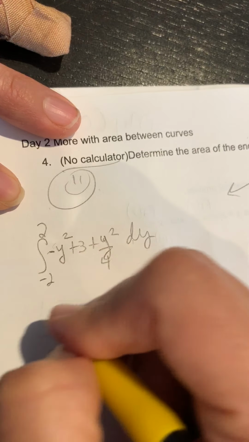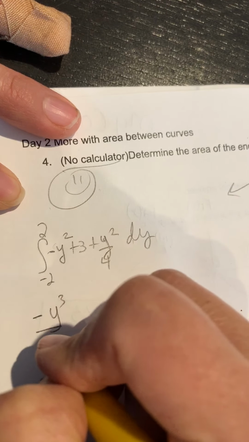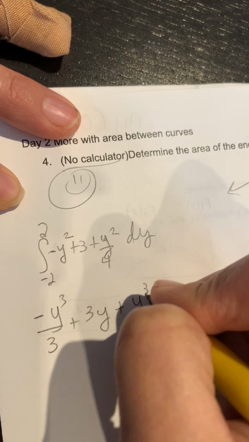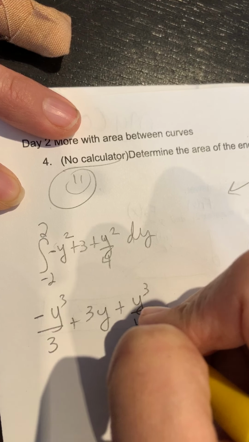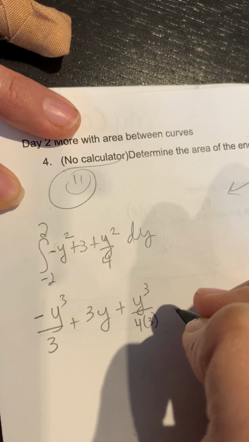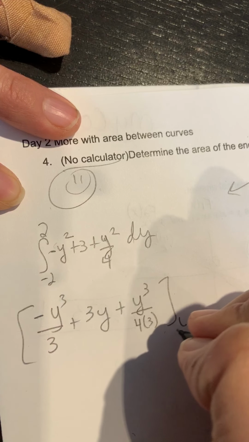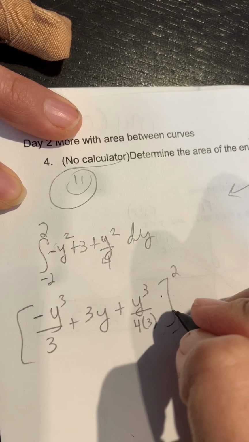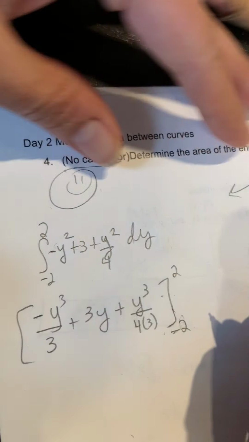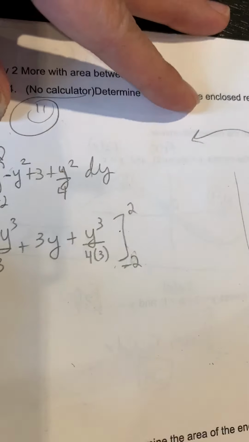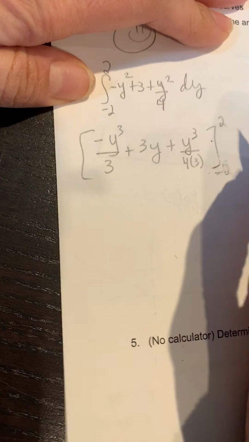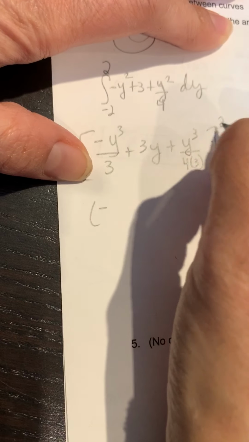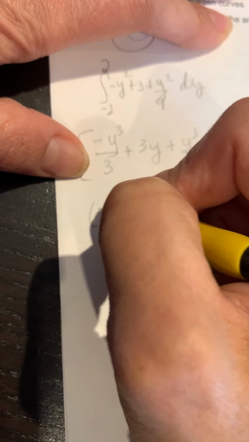but I'm not going to bother. Negative y to the third over 3 plus 3y plus y to the third over 3, and there's a 4 there, so it'll be 4 times 3. I have to keep checking to see if you can see, because I have to work around this camera here. Okay, so now plugging in, if I plug in the 2, that's negative 8 over